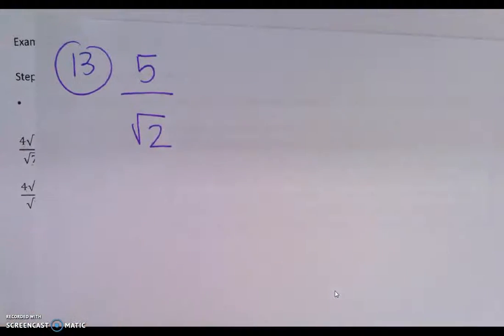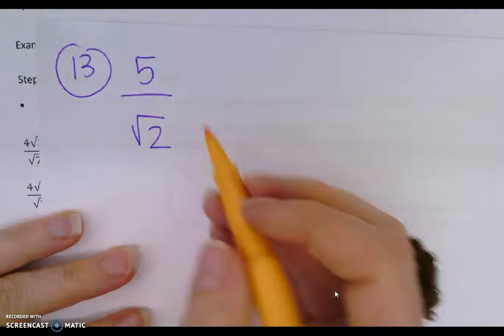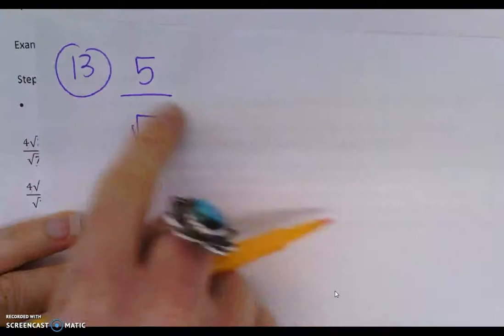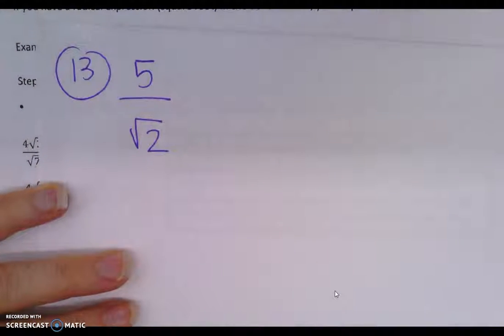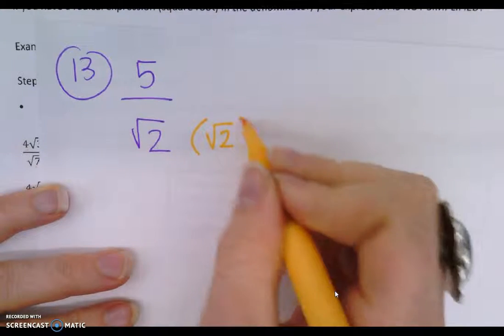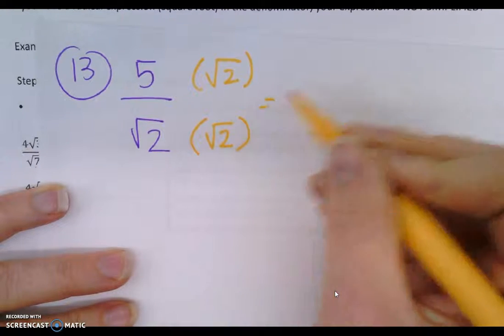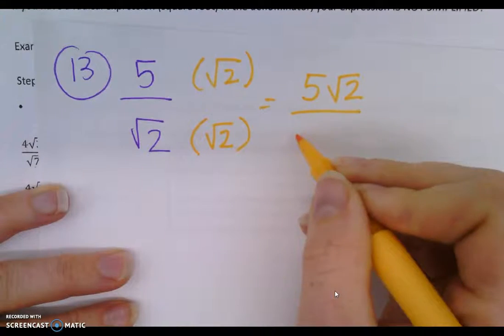Slide 13 is 5 over square root of 2. That means this is not simplified because we need to rationalize our denominator. The number in the denominator is irrational. We cannot have irrational denominators. So I'm going to multiply numerator and denominator by the square root of 2, just a fancy one, which gets me 5 square root of 2 all over the square root